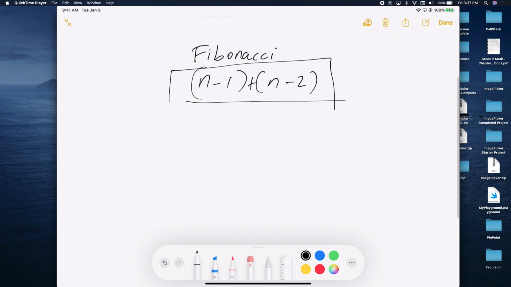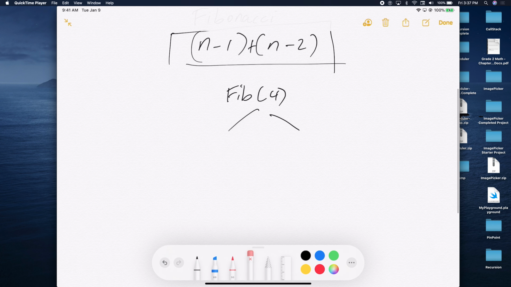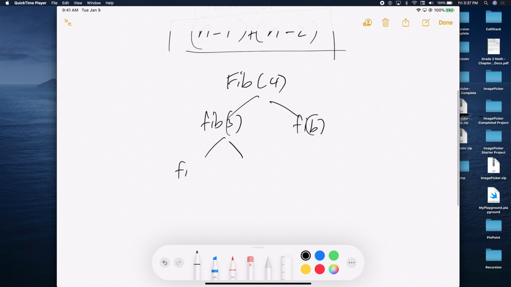So we concluded yesterday by doing some fib of, for example, 4. And we said fib of 4 is fib of 3 plus fib of 2. And fib of 3 was fib of 2 and fib of 1, correct? Okay, and this is fib of 2 here. And at that point, our base case,